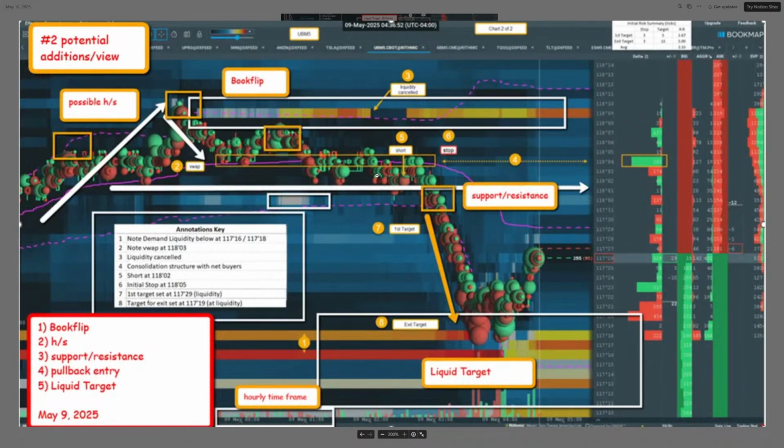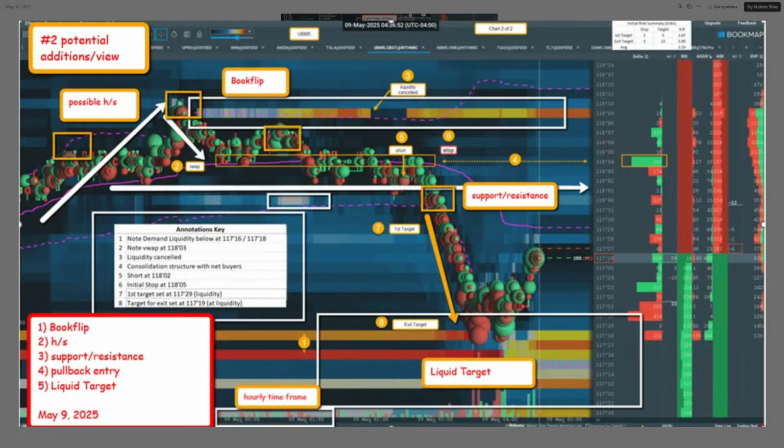Yeah, and this was an alternate approach that some of the audience may also want to consider. This is something that I kind of viewed as a different aspect of your trade, John. This almost looks like it could be a book flip over here. If you really look at it, it could be a possible head and shoulders. And so it looks like it might even be consolidating.